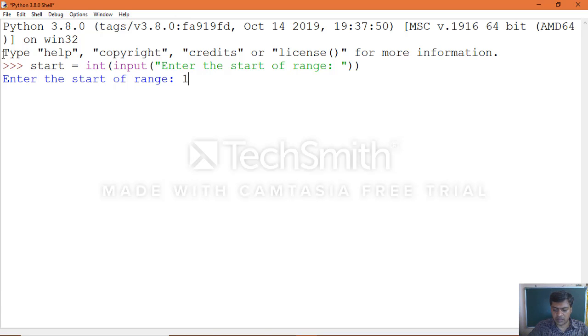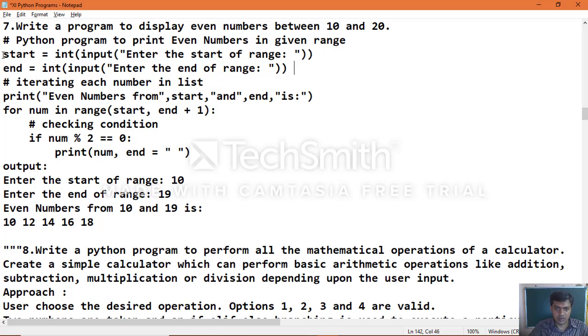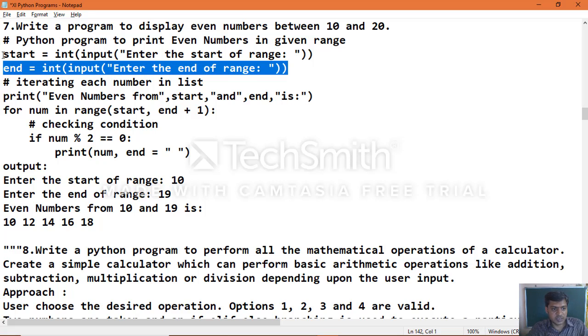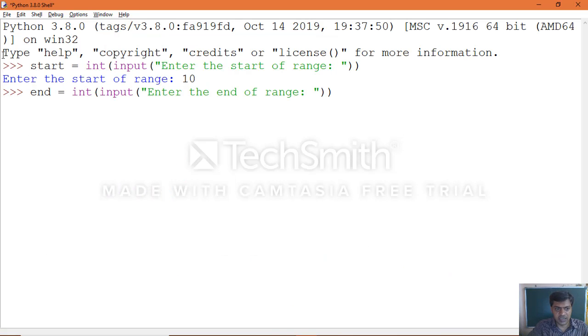Start number 10, then. It is interactive mode which we are executing, where one statement is executed at a time, and it will ask for the input.